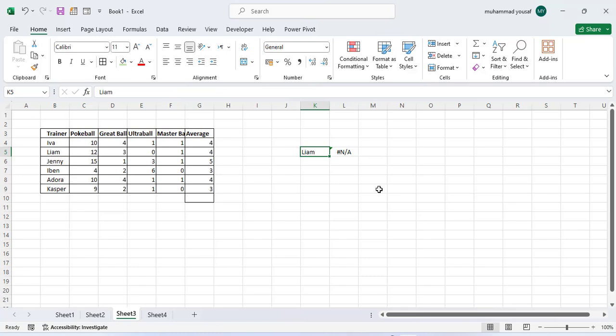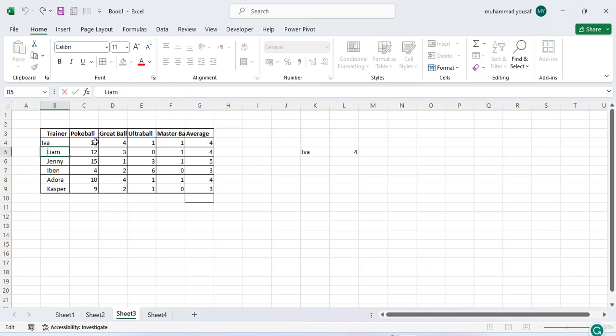So we faced this error because here we have spaces. First of all, I will remove the spaces from this. Okay, that's fine. Let's come here. If I write Eva right now, see, we found 4. Also, we can remove the space, or we can add a trim function there, but I will